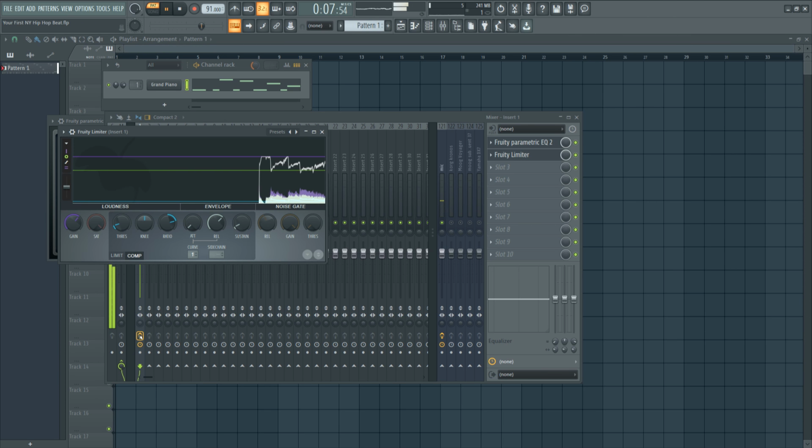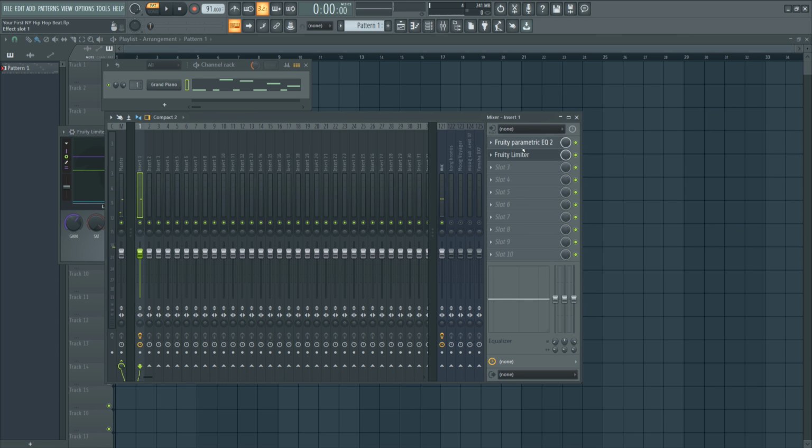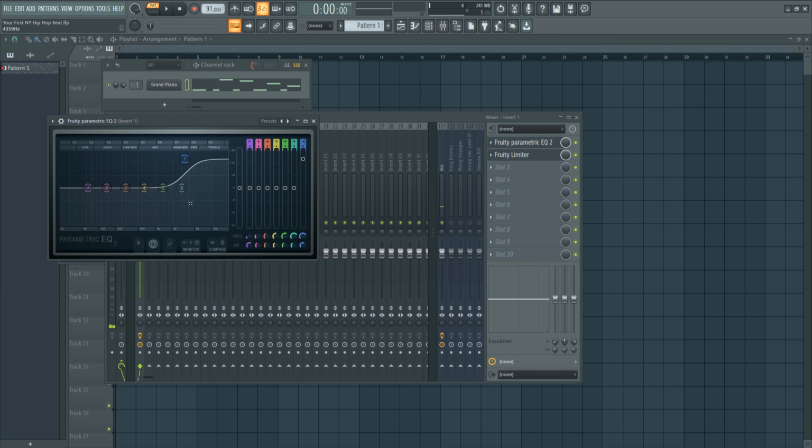Here's with. I don't like that. Bing. But let's figure out what that frequency is. So this is a little more advanced. I'm going to grab 0.6 and use my mouse wheel to make it a tighter Q, it's called. Or you can use the bandwidth knob here. And there's like a ting, like a shiny thing. Ding. I just want to take that out because I don't like that frequency.